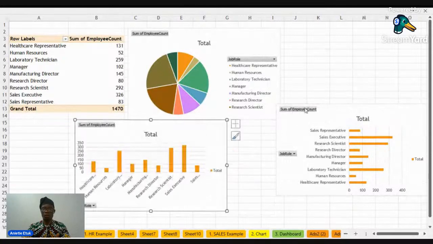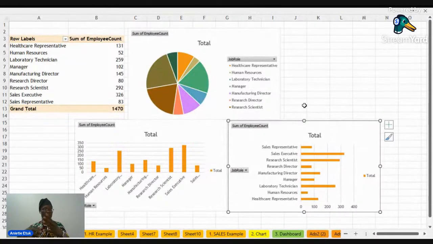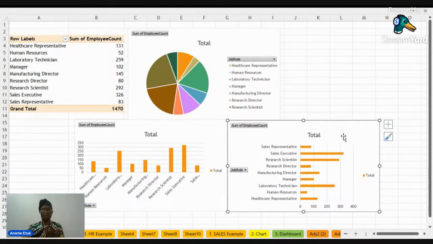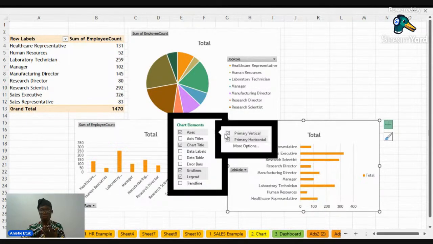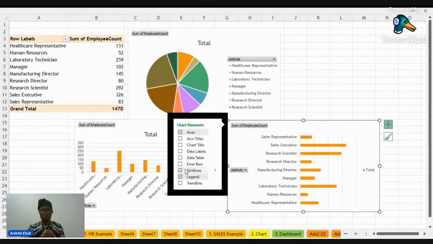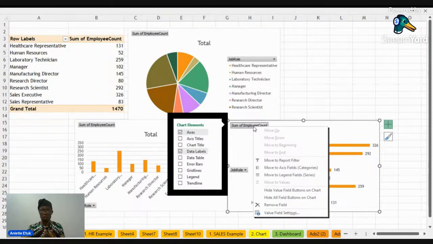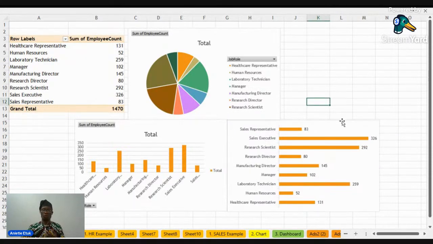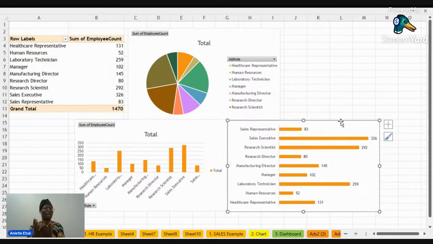Are we together? So you can see that it's the same data, but when it comes to presentation, it's better if you present this data this way. Let me quickly clean this. I'm a bit conscious when I'm designing charts. I love charts to look really clean. So chart title, the legend is just one, we take it off. The grid line is just one, we take it off. We add data labels, and then we remove the buttons. Okay, so when we have it like this, it looks better and it looks presentable.